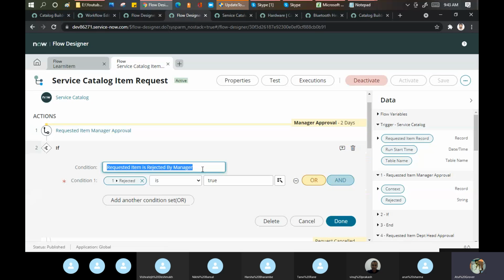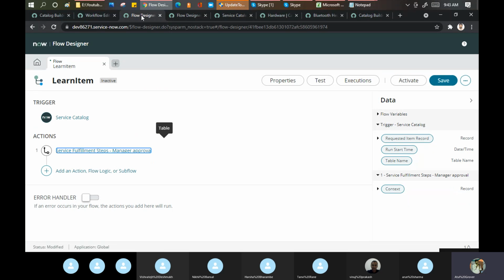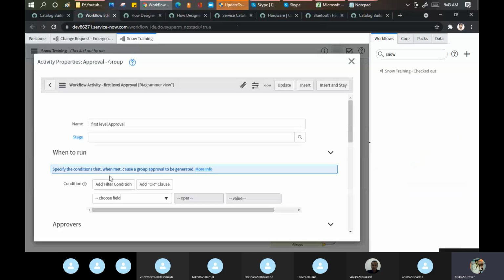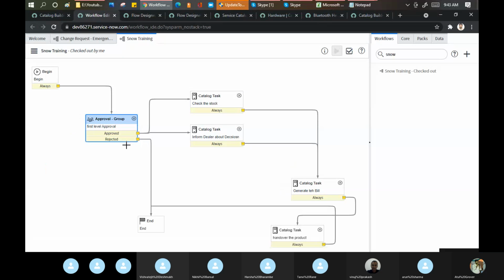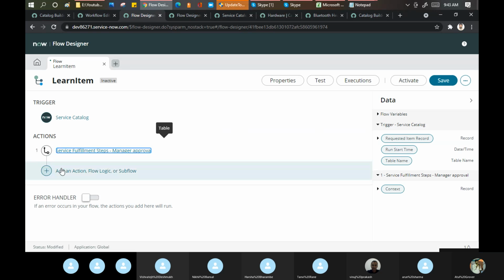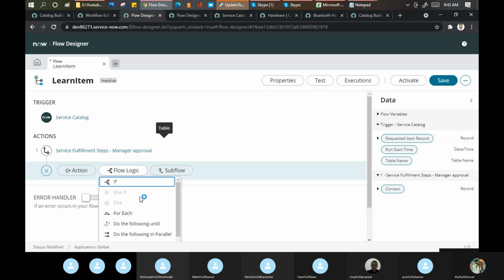If it has been rejected, let's go here. Like the same thing. If approved, what to do? If rejected, what to do? Click here and you can define the logic here.